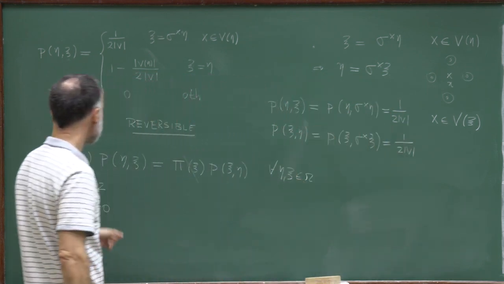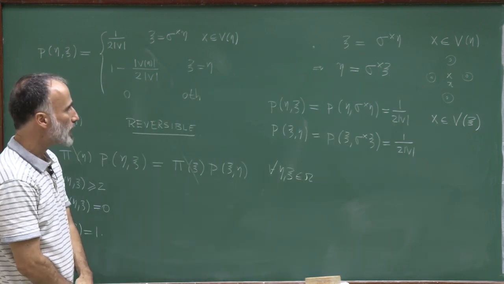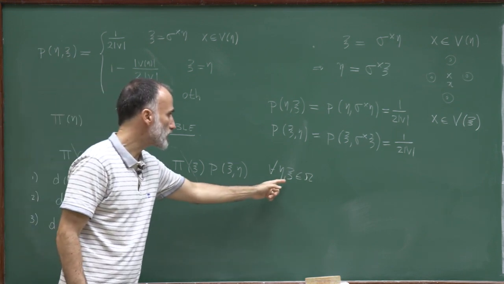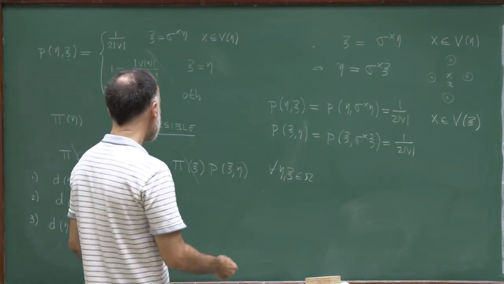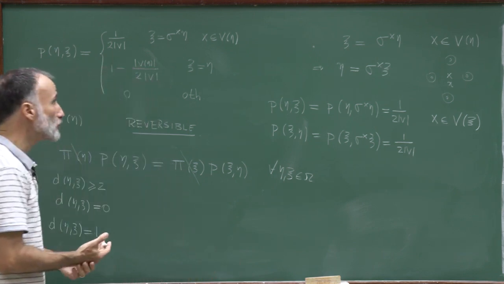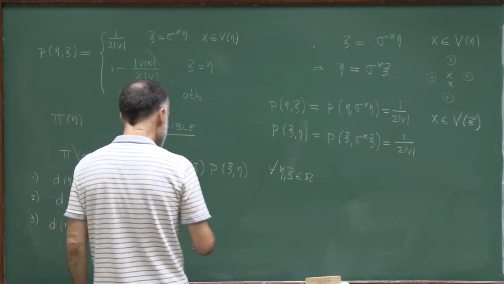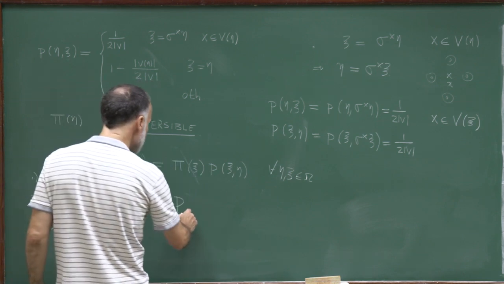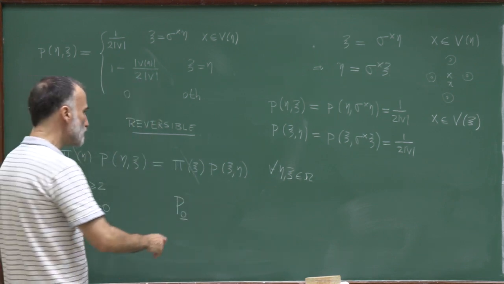So this shows that indeed p of eta psi is equal to p of psi eta, and therefore that this relation holds for all eta and psi in omega, because all the other cases are trivially true. Therefore, we proved that this Markov chain we just constructed has the three properties we need, which means now that I can start from any configuration, say the empty configuration, so start at time 0 with no particle, let the process evolve,